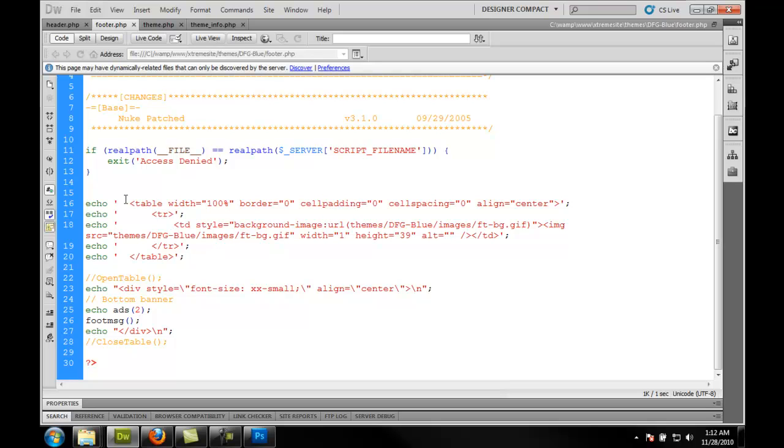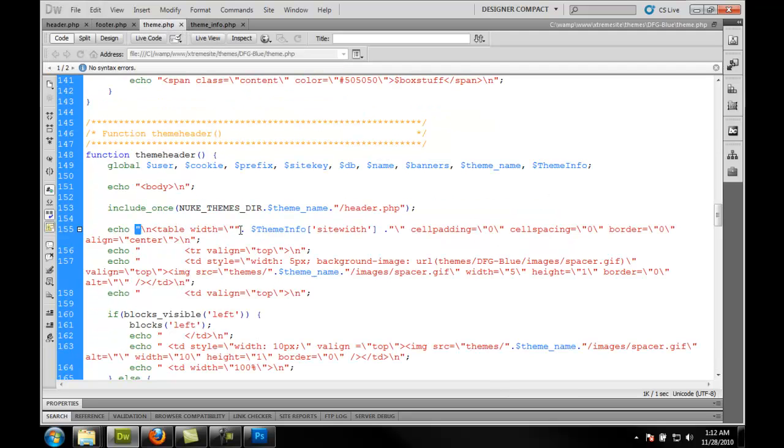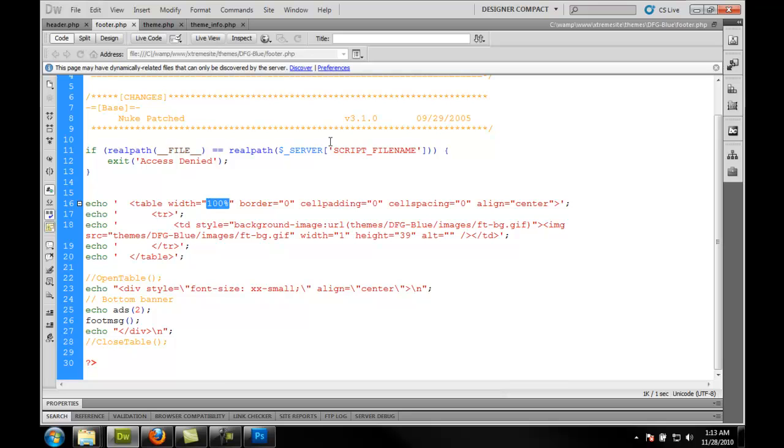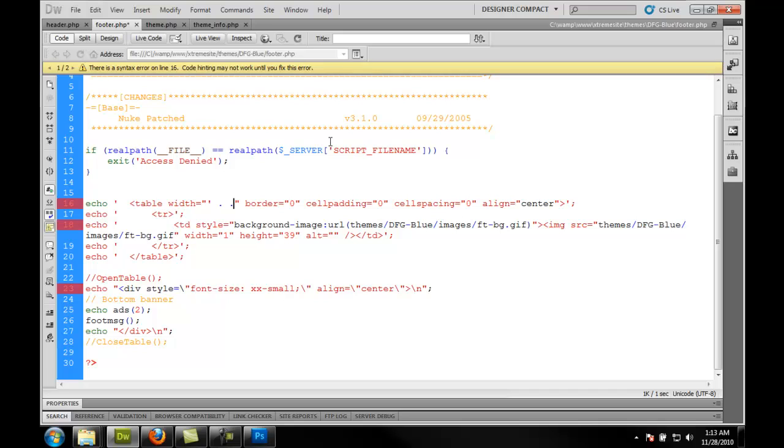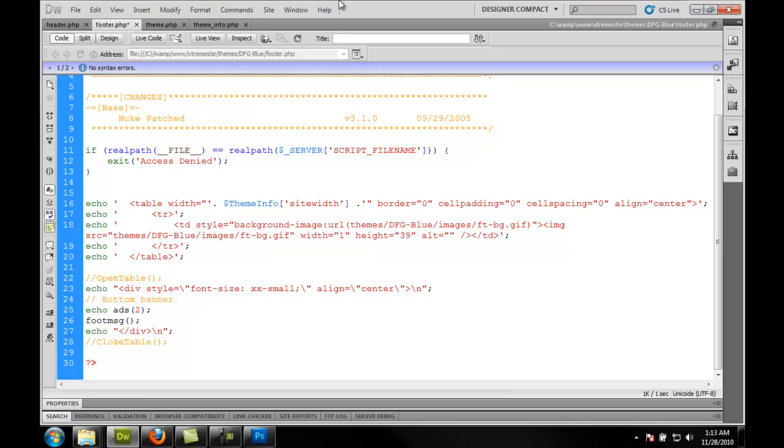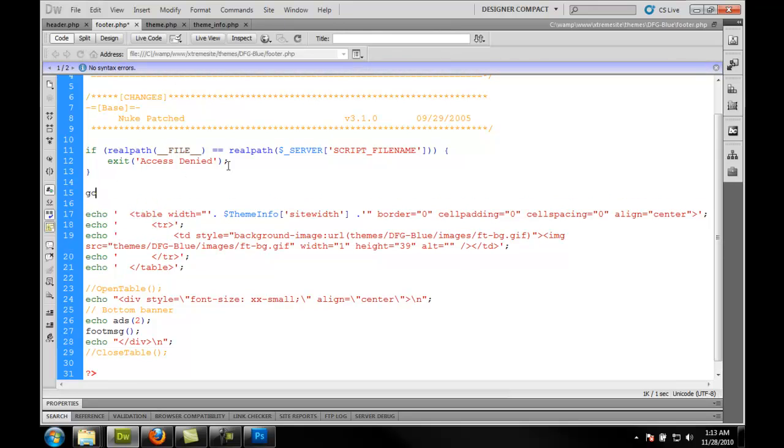We're going to do the same thing, except because we're using single quotes instead of double quotes like in the theme.php file, it's not going to be a double quote and then a double quote. We're actually going to change that, and we're just going to use a single quote. And we're just going to do it like that. Site width. So we also will need to go in here, and the global is theme info,